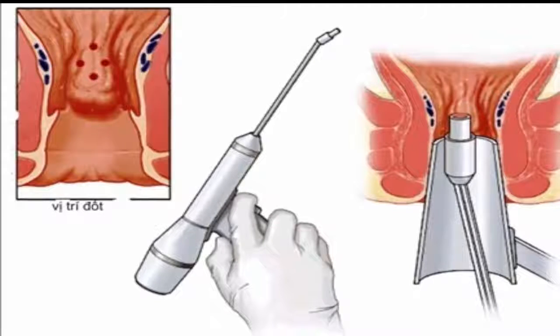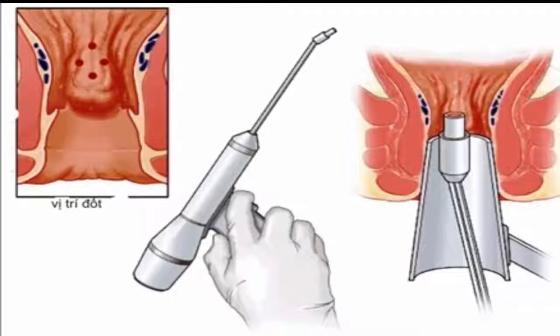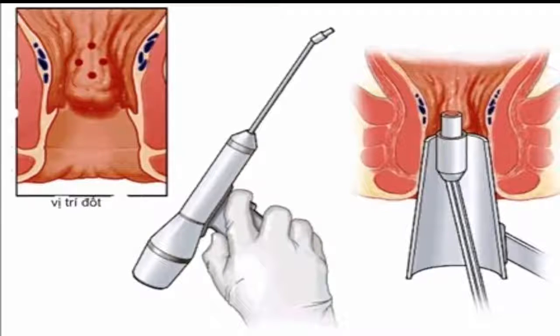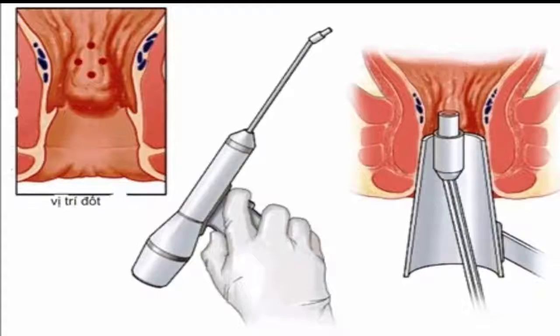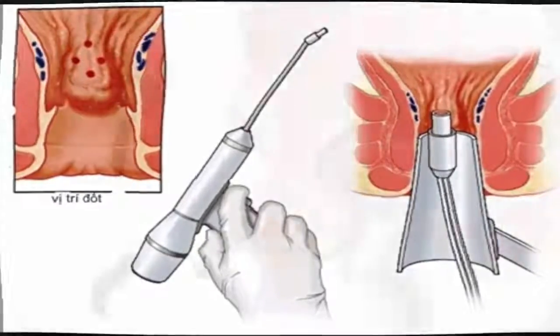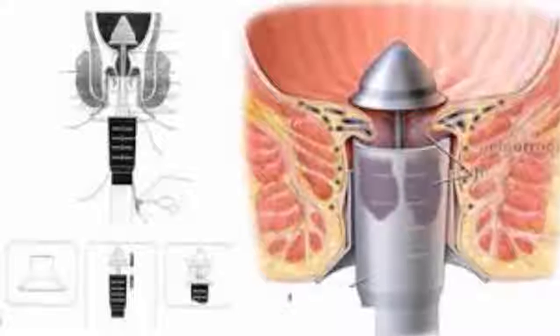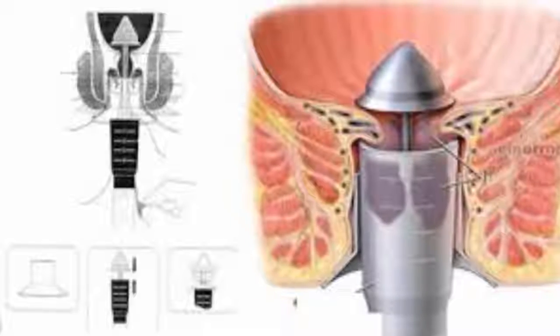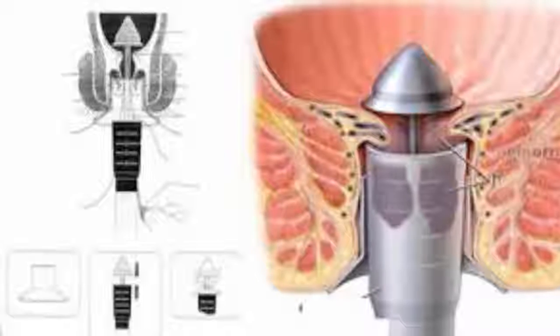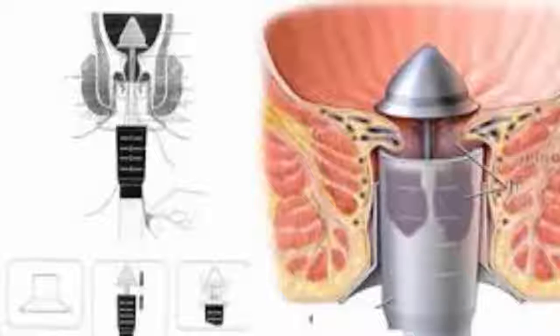This procedure is known as a hemorrhoidectomy. The offending external or internal hemorrhoid is surgically removed. It is the most effective method of treating severe or recurring hemorrhoids. It cures 95% of patients and has a low rate of complications. This procedure is typically performed in the cases of strangulated internal hemorrhoids, mixed internal and external hemorrhoids, or pre-existing anorectal